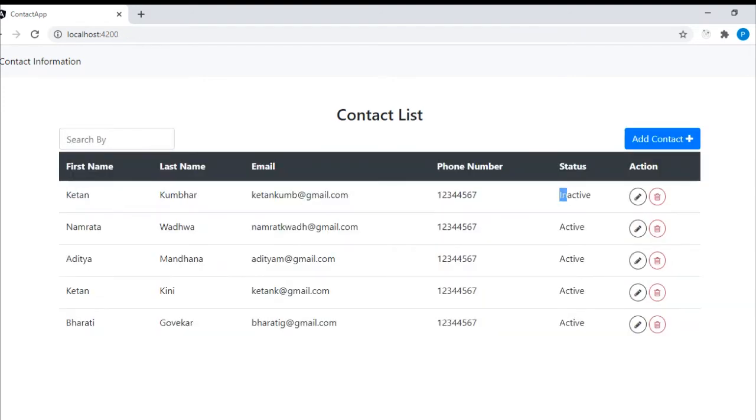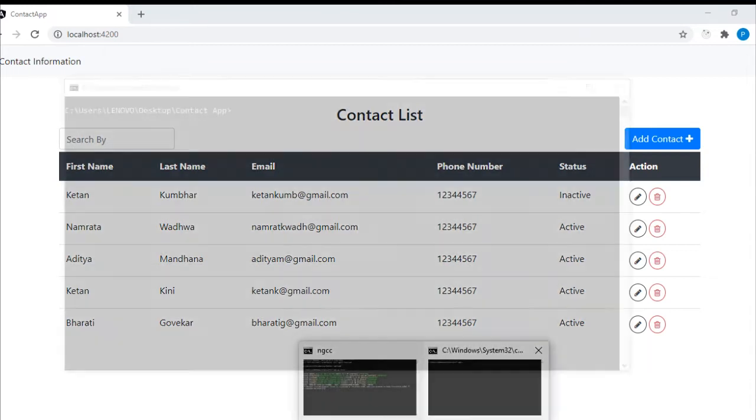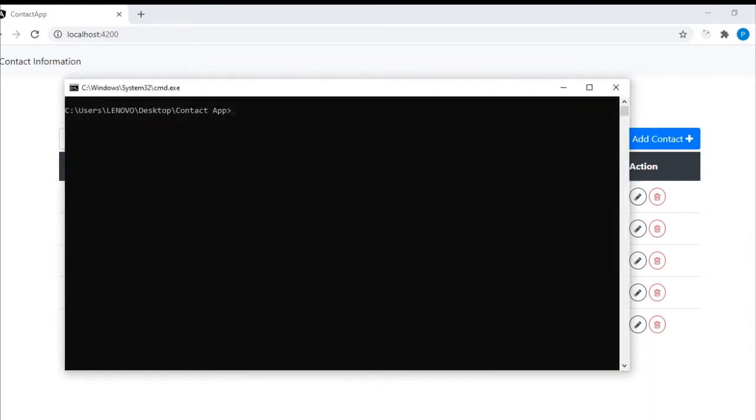So first we'll be creating a new feature module, and we'll be dumping all those components in that module. Like we have the app module, we'll be creating another module called the dashboard module, and we'll be moving all the components and other dependencies like the models and filters into that module, and we'll be lazily loading it. So let's get started.